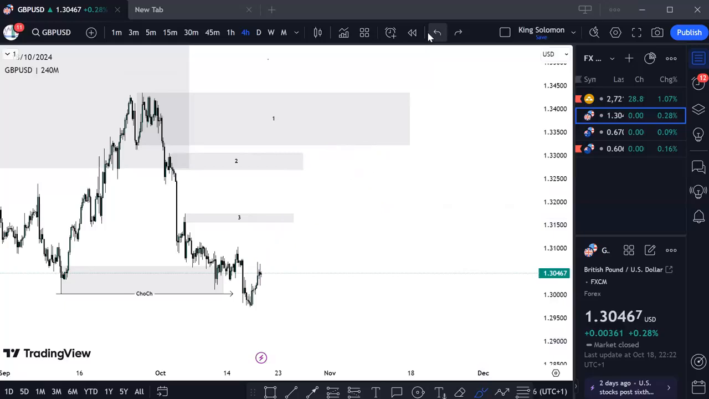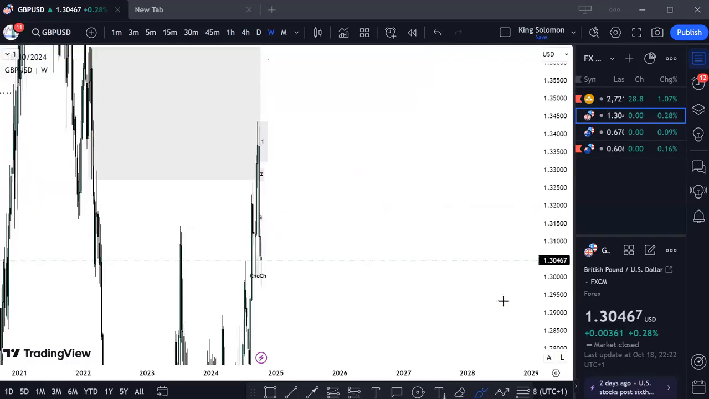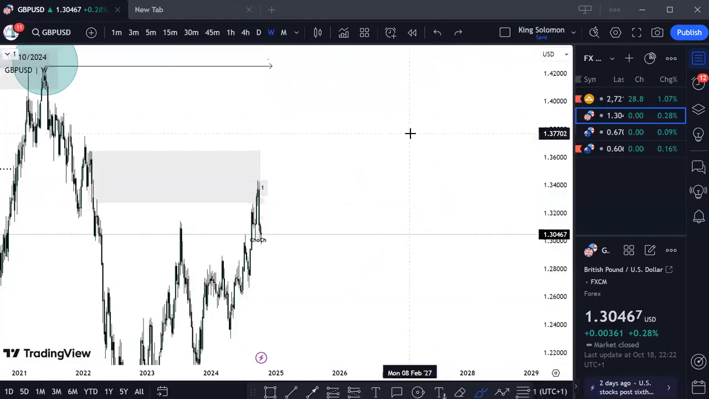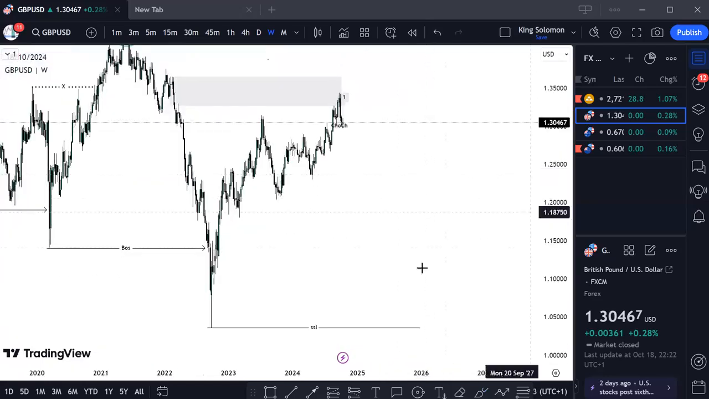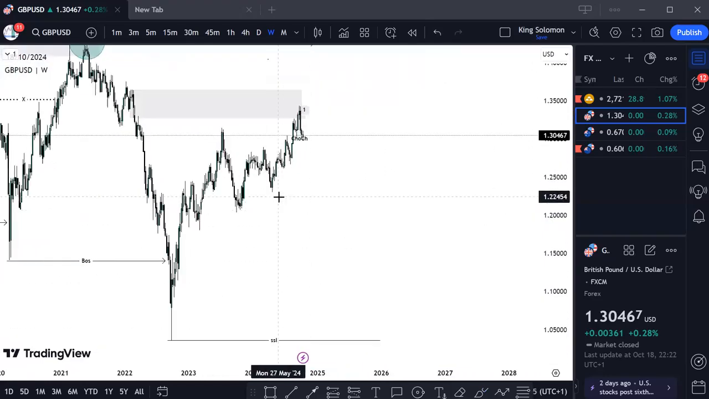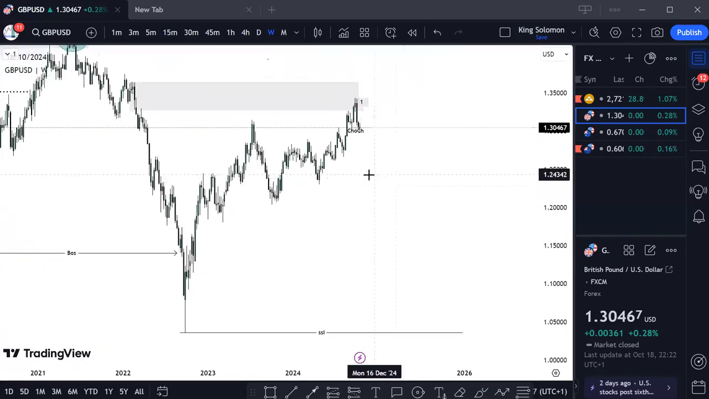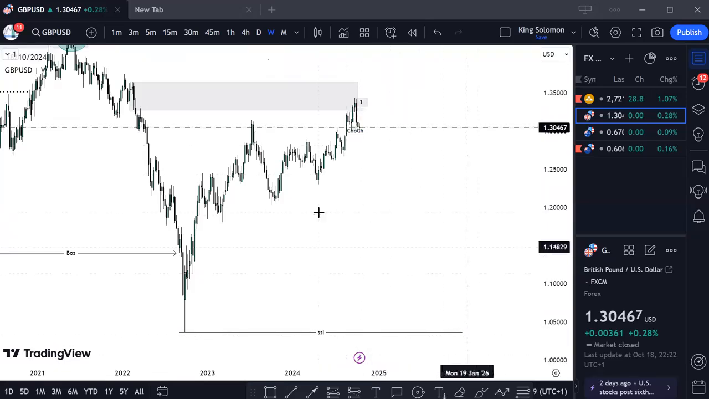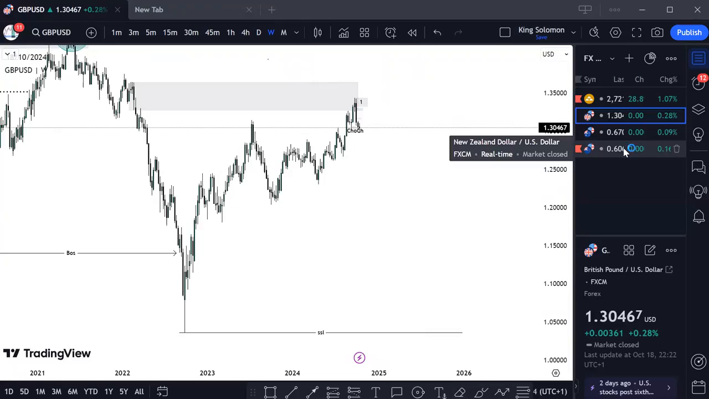And then going back to the weekly time frame, don't forget that we actually have our sell side liquidity on the weekly time frame. That's this one. So you can always anticipate the downtrend until we get to this point if price permits. And then for the last one, we're going to be looking at